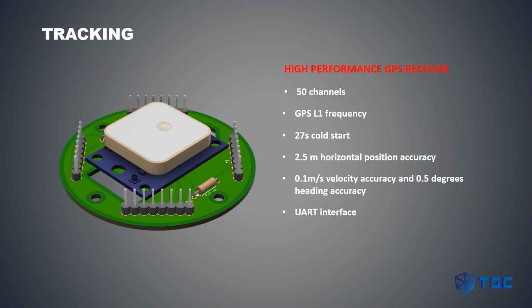For tracking the CANSAT, we are using a high performance GPS receiver. It's a 50-channel receiver and has 2.5 meter accuracy. The CANSAT can be recovered easily using this tracker. The last location data transmitted to the ground station before the CANSAT lands on the ground gives us a very small 5-meter search radius. This way, the CANSAT can be reused for future missions.